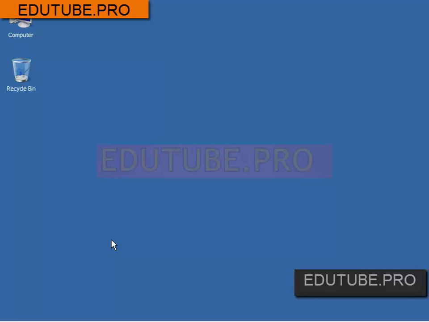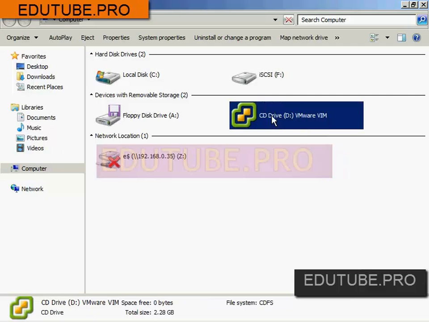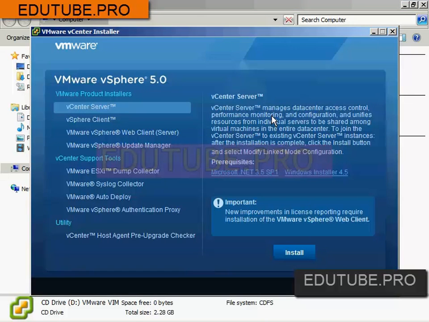The configuration windows get a little large, and so I need as much screen real estate as I can get. If I go up here to Computer, you'll see that on the D drive I've already loaded up the VMware ISO file, the DVD media, and if I double-click this, it'll bring forward the VMware vCenter installer. So what you see here is effectively your standard installer tool that installs some of the products associated with vSphere